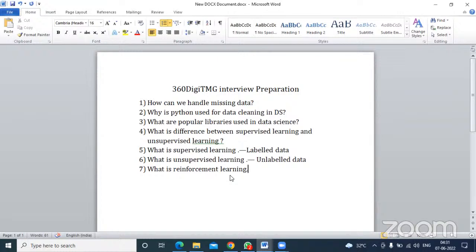Yeah, reinforcement learning involves an agent that interacts with an environment. Okay, so